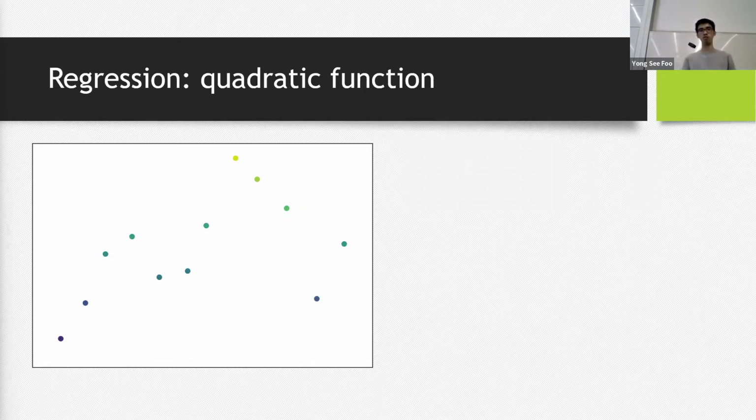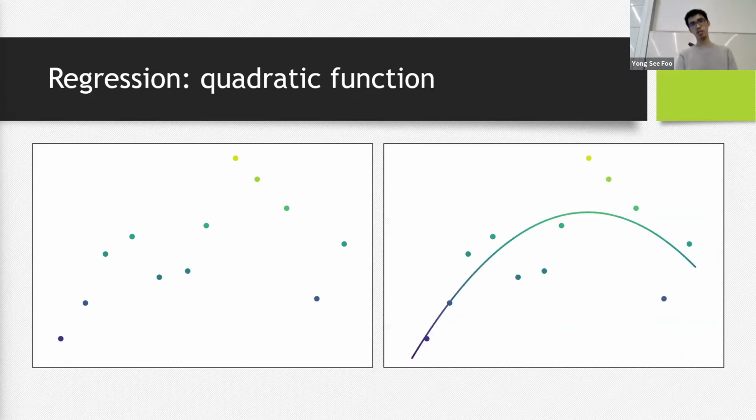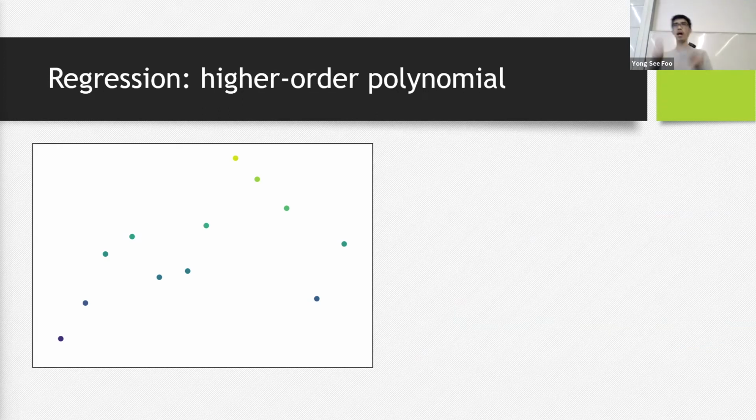Then you might have to sort of guess and go, oh, maybe it's a quadratic. So let me try to fit something like ax squared plus bx plus c. And you fit a quadratic. And you go, some points are a bit off. So maybe this is not an accurate enough fit. And then you go, okay, so make it a higher order polynomial or something like that, so that I can